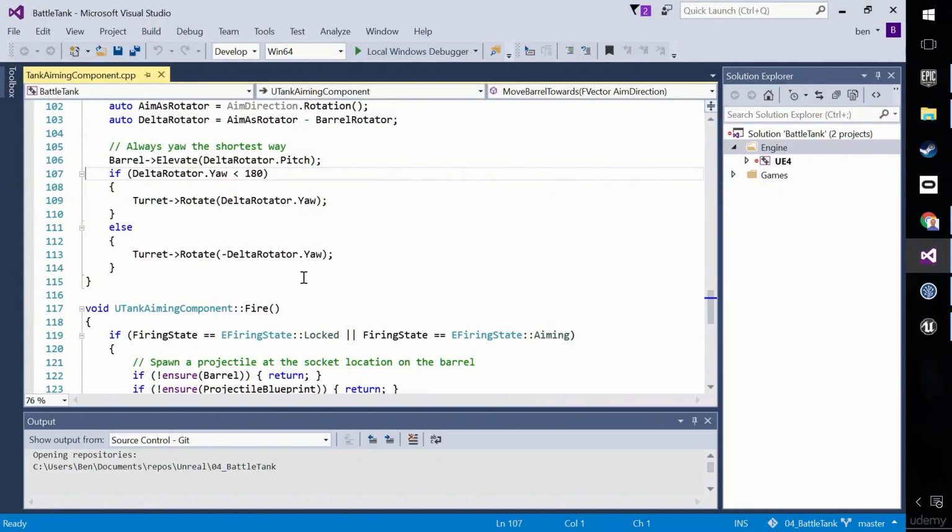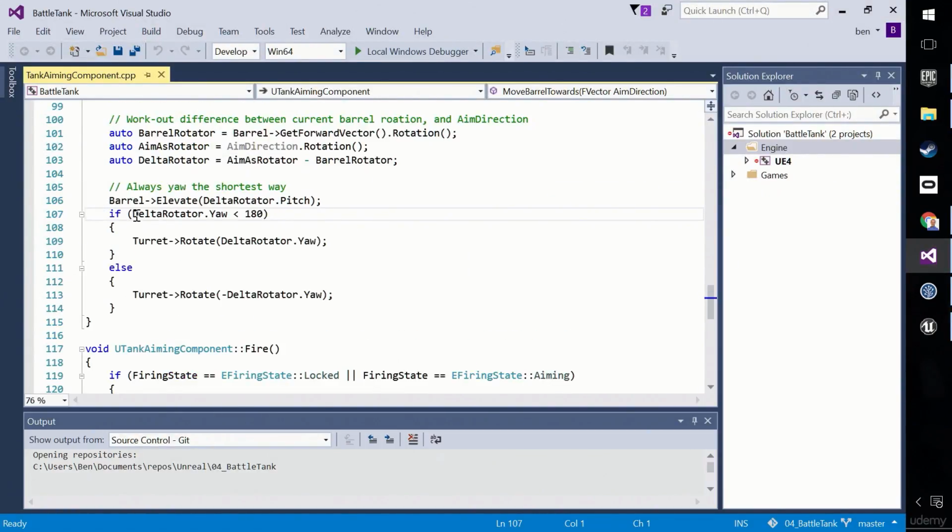In fact, it's the last time we need to go into Visual Studio for this challenge. And what we need to be doing is, rather than just saying delta rotator.yaw is less than 180, what we need to be doing is putting in the FMath::Abs. I forgot that previously. So this takes the absolute value of the yaw and asks the question, is the absolute value of the yaw less than 180? If it is, we yaw. Otherwise, basically, we avoid going the long way